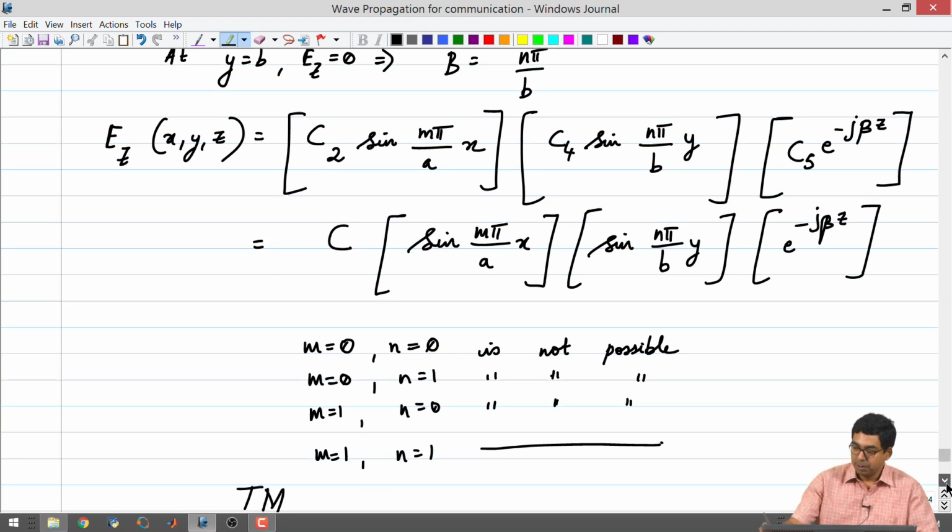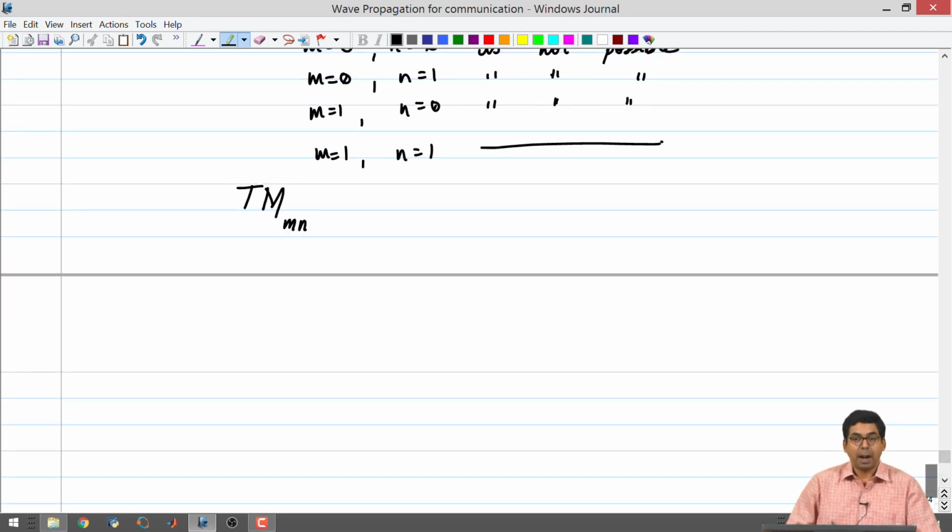Now, in this class what we are going to do is first write a simple program to visualize this electric field, to get an idea about what these spots are and how they are going to look. And then we are going to proceed with a few other things. For example, how do I find out the remaining field components of the waveguide? We did not place any restriction on Ex and Ey, and we have not found out anything about Hx and Hy. Now, if you have found this form of expression for Ez, can you use it to find all the other field components directly?